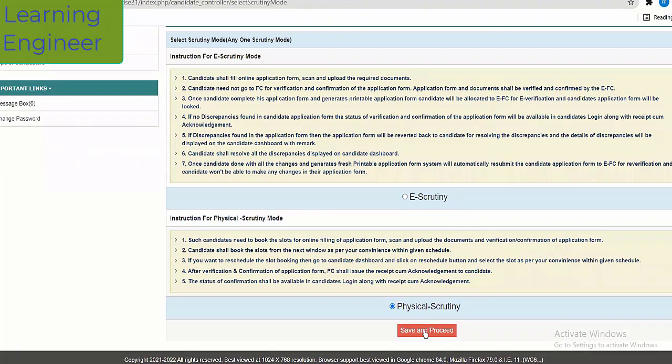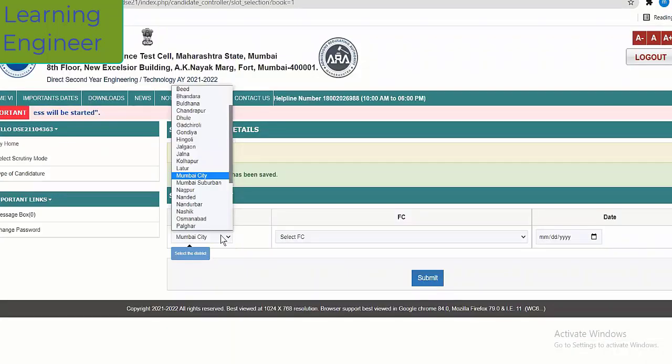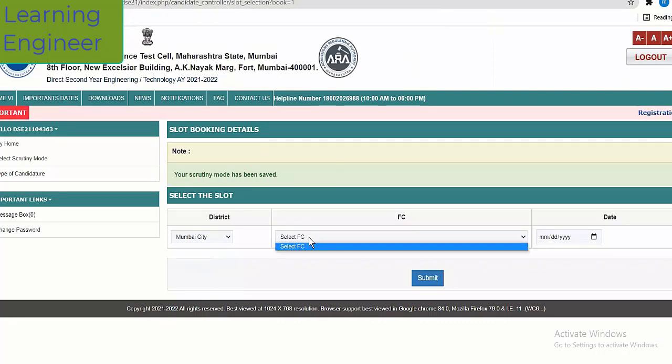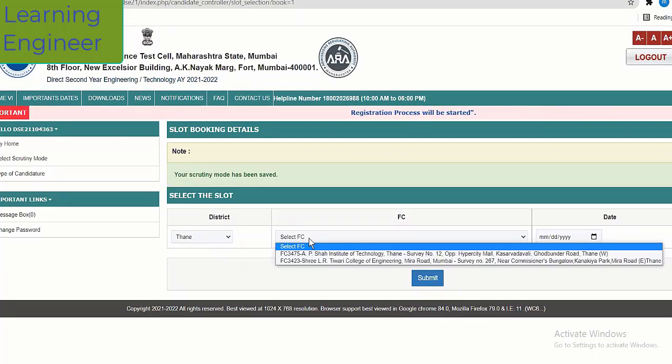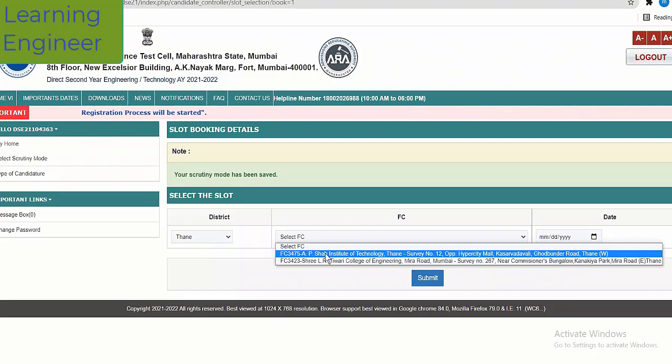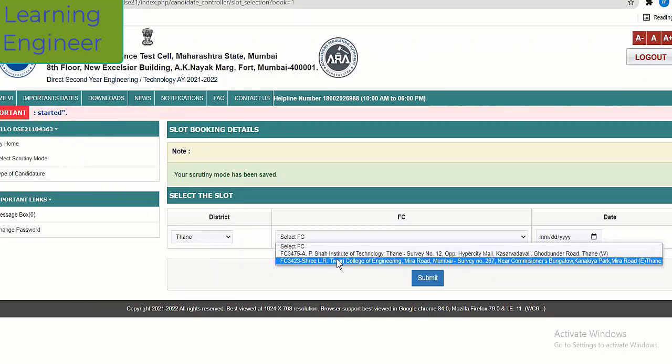Simply click on save and proceed. Then you have to select the district. Let us say I'm selecting Mumbai city as a district, then FC. If I'm selecting Thane, then I'm getting two FC centers, the LR Tiwari College of Engineering, which is in Mira Road, and one is Jeppiaar Institute of Technology, which is in Thane. So let us say I'm selecting LR Tiwari.